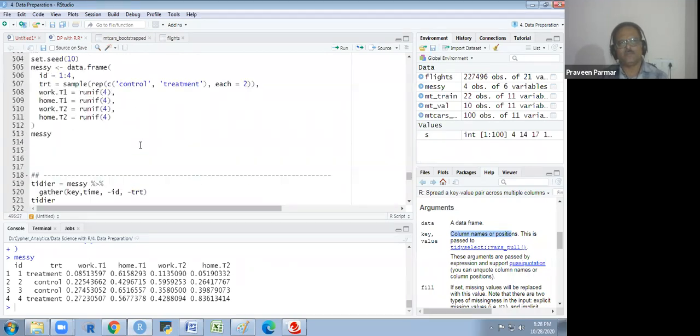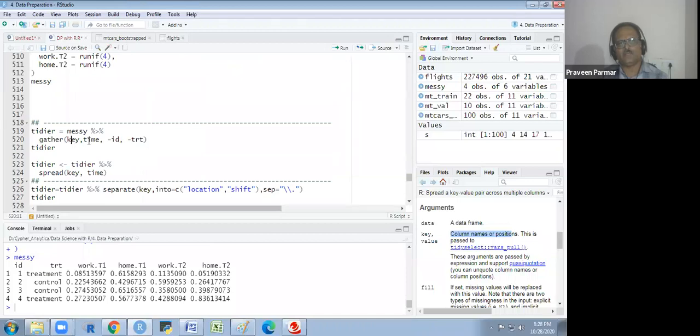So here you see what I am doing, key and time. These are the time. Or I am giving a key name, new name, key for this work T1, home T1, work T2. In this way, it will come on the T1. And the time will be a new column along with that.